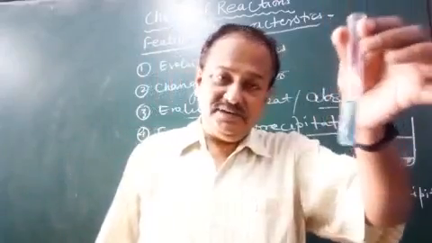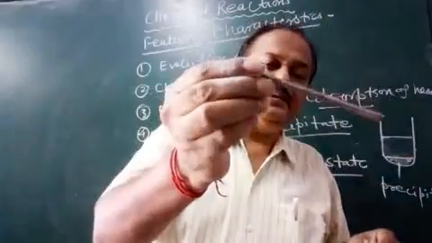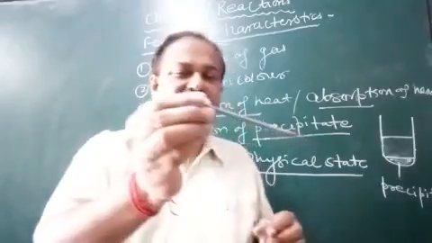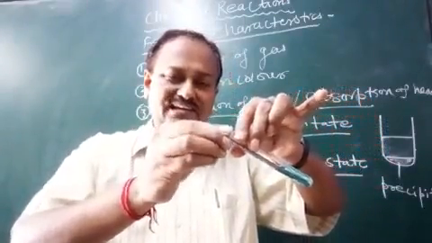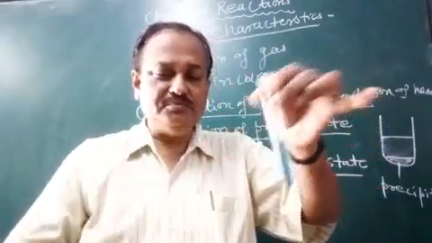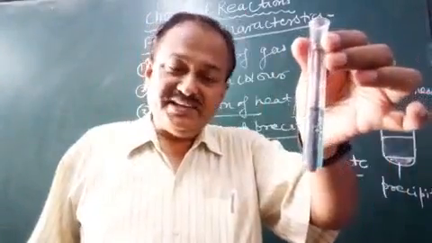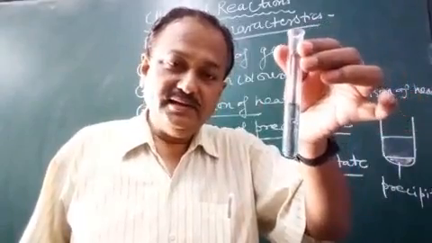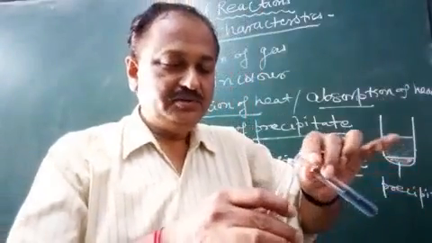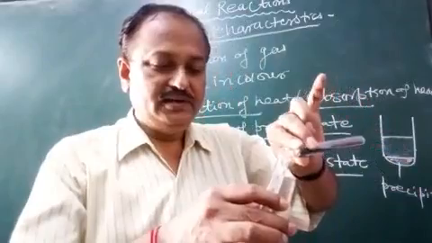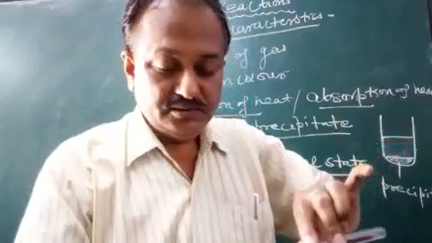Taken here copper sulfate solution. See the blue color of copper sulfate. Now I have taken an iron nail. This is the iron nail. I am going to slip it down gently inside the test tube and let's wait for some time. The test tube having the iron object, I am going to pour the liquid so that you can see clearly what changes have happened.